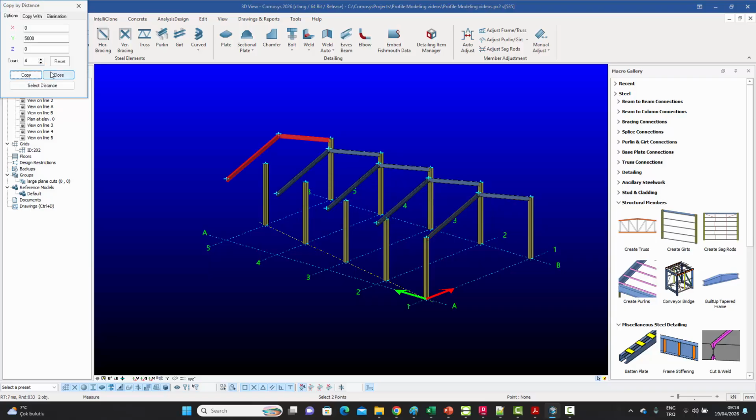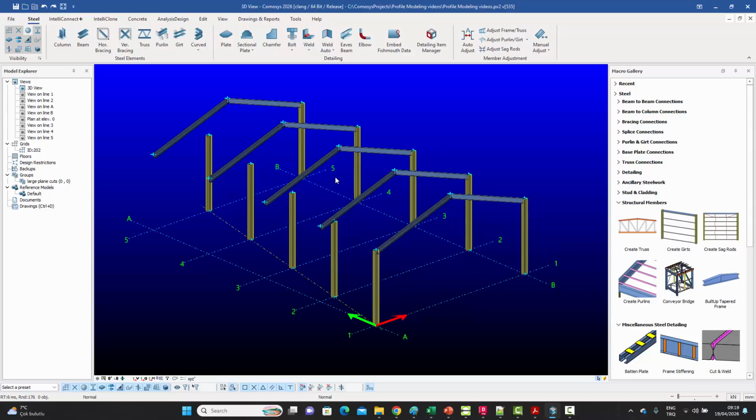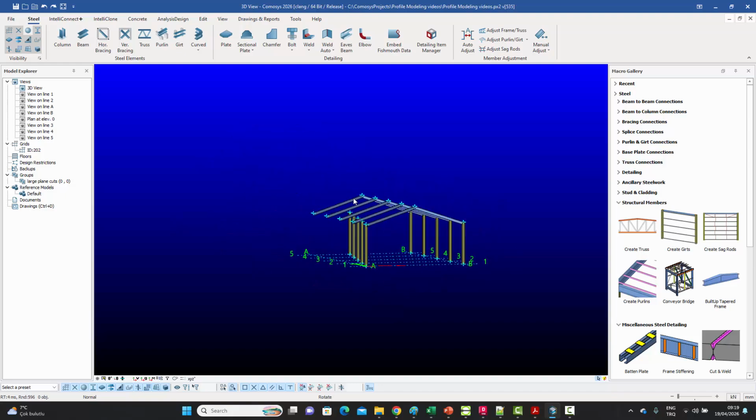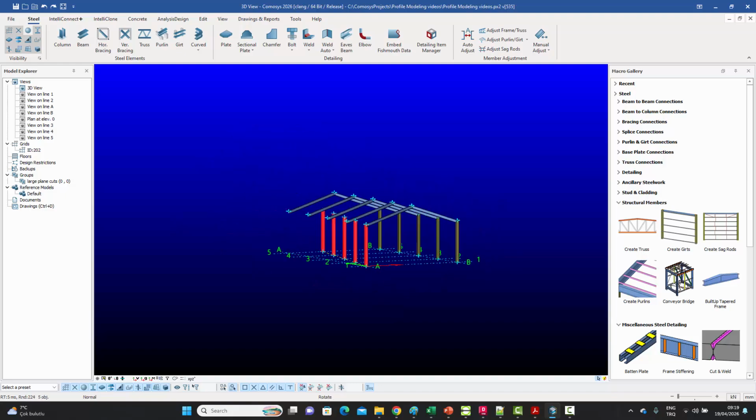So let's just do that. So we know where the heights would be. These beams obviously need to be shortened, but we know at least where the heights would be. Once we have those beams inside, what we can easily do is select these columns like that,